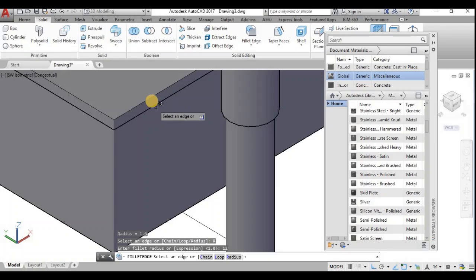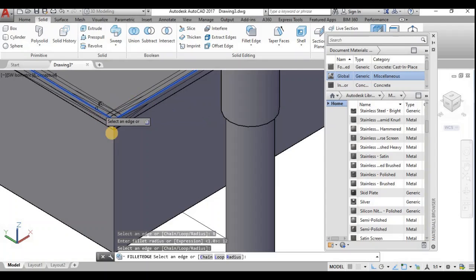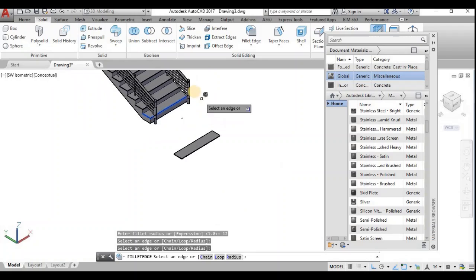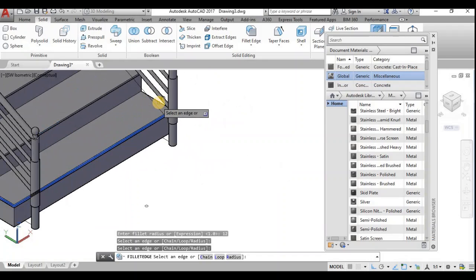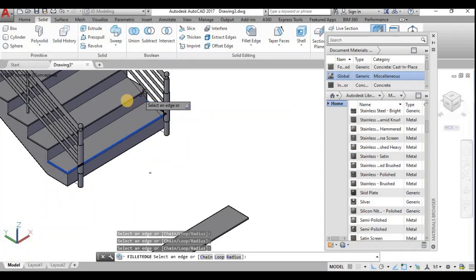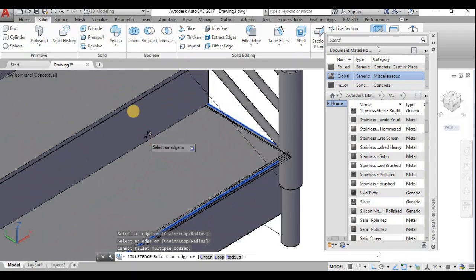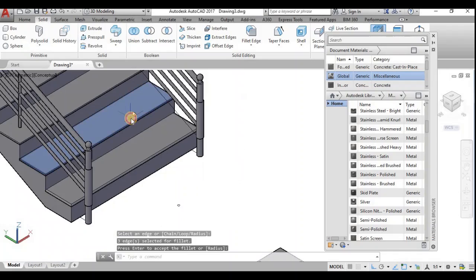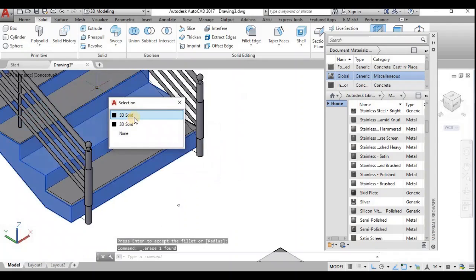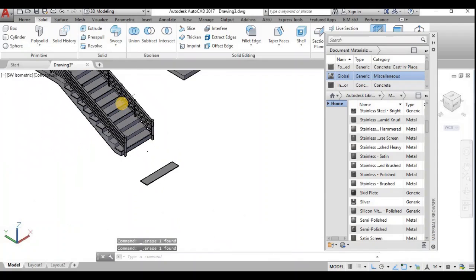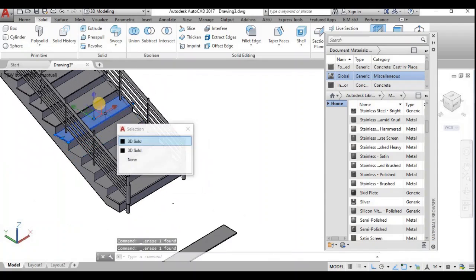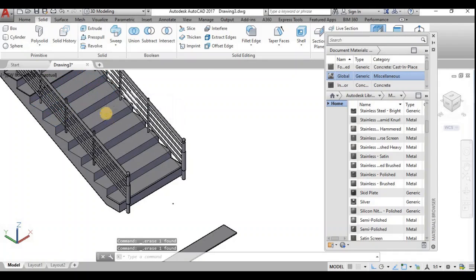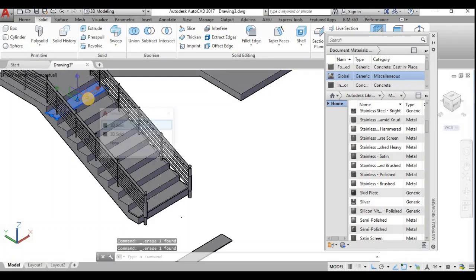Select the edges. While modeling in realistic view we couldn't clearly see what is modeled, so I shall remove all the objects and place them again.